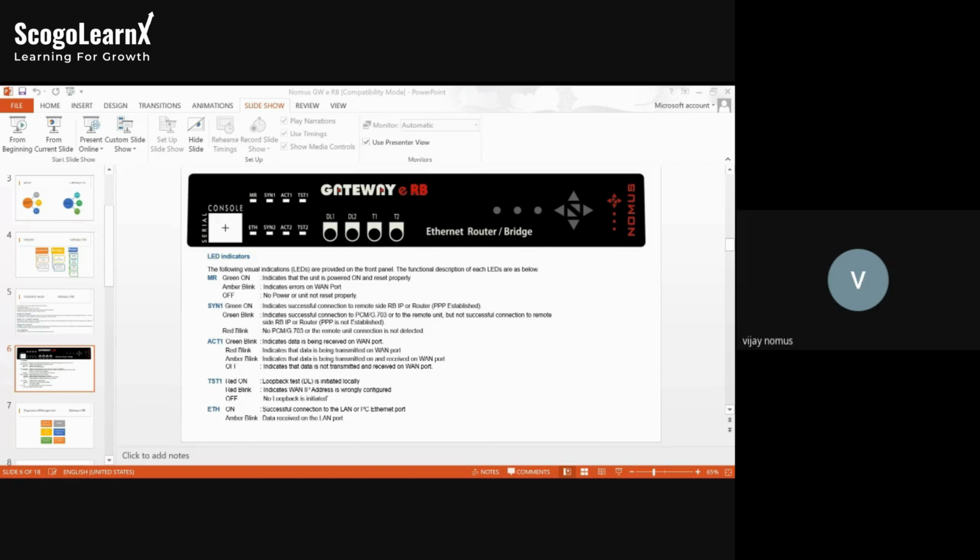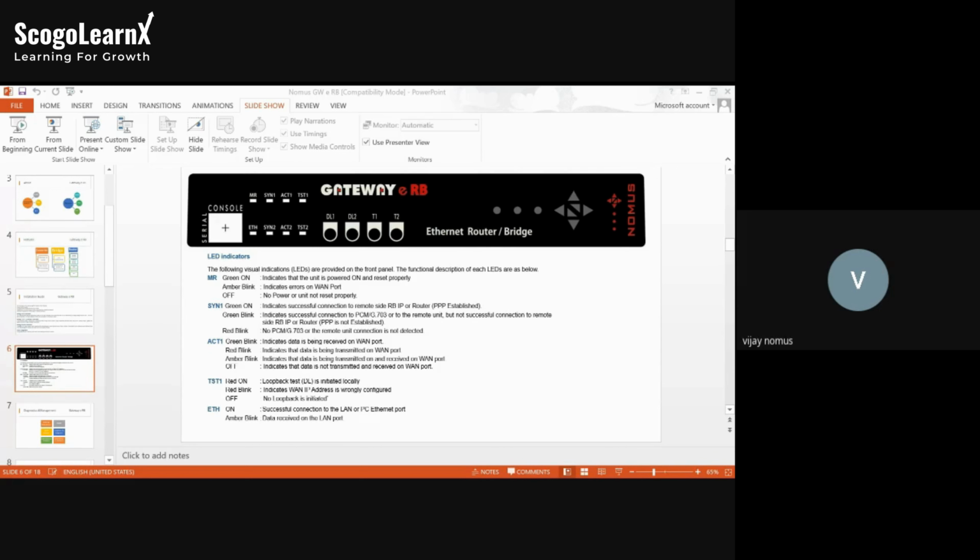First, observe the LED indications on the converter device, the Nomus device. Not only the Nomus device, any converter available there. First of all, we need to verify the LED indications of the SD-WAN Ethernet port,